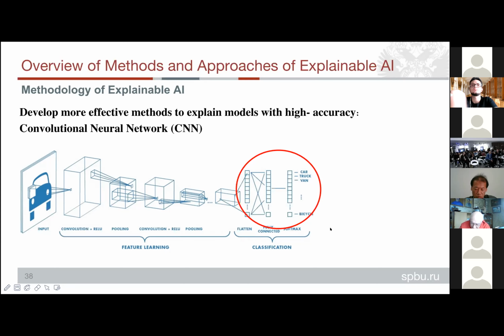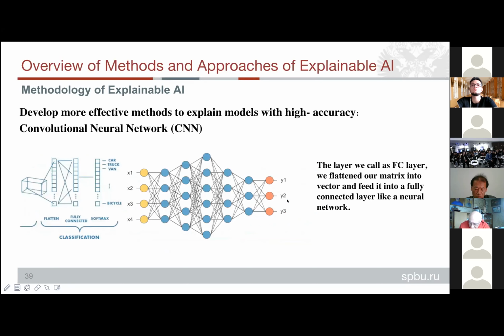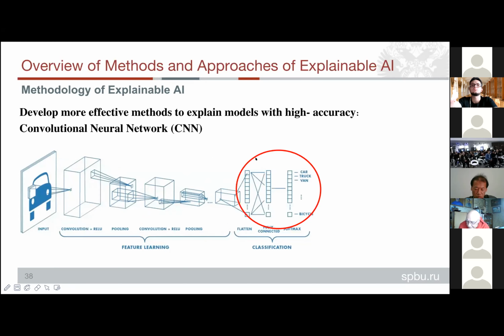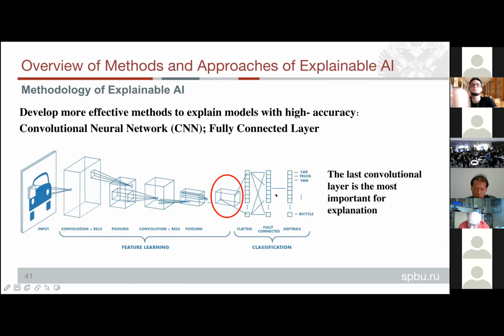But note that the information in the fully connected layer and softmax is difficult for humans to understand. It is also difficult to visualize. So in order for the CNN to give a reasonable explanation for its classification results, we can only focus on the last convolutional layer. Because for a deep convolutional neural network, after multiple convolutions and pooling, its last convolutional layer contains the richest spatial information.